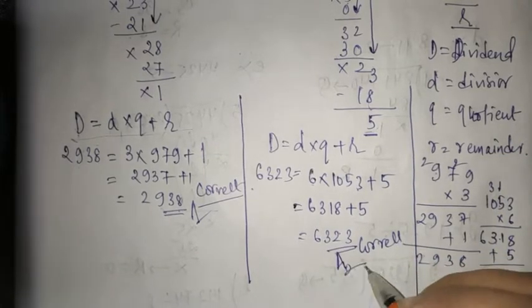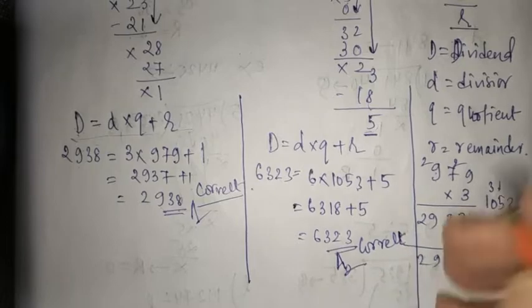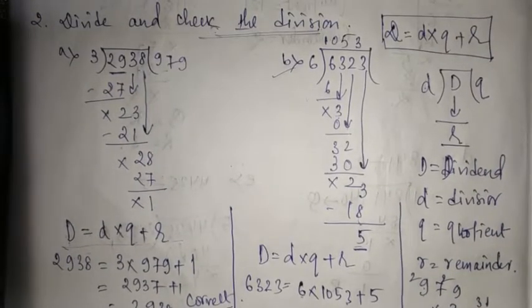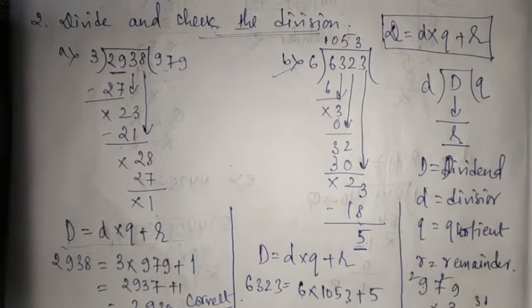Okay, if this is getting matched, then you can say this is the process which you have followed for the division. Whatever numbers you have used are correct. The remaining ones you will practice at home. You can say that is your home assignment or practice work. That will be coming in your exam.